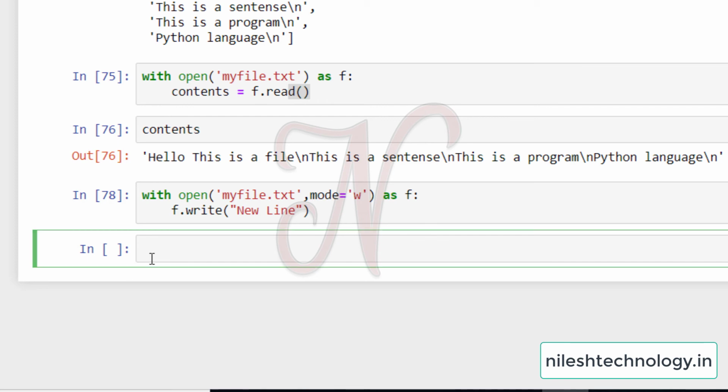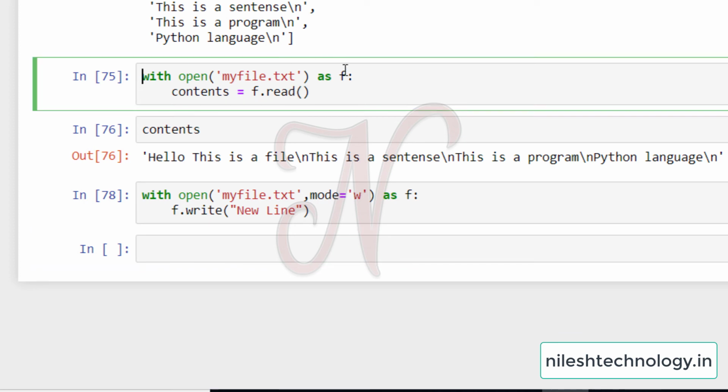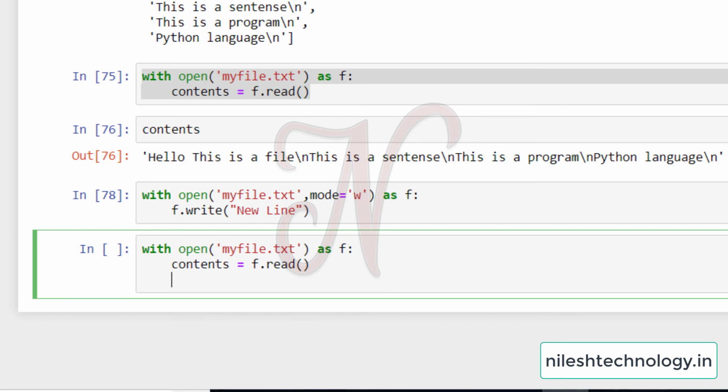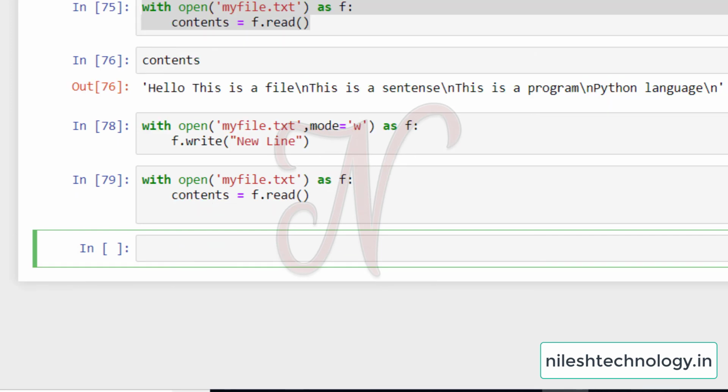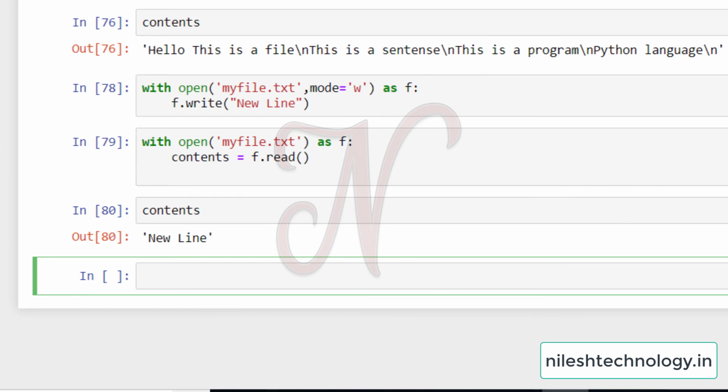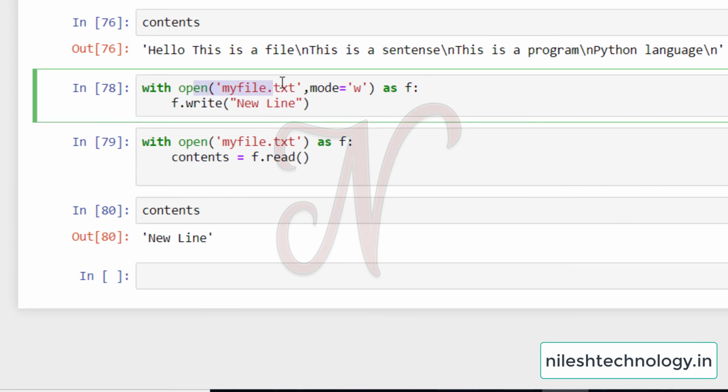Now I can open this file. So read the content by using these 2 lines. Here I can copy paste these 2 lines. See here, my content is new line. My file.txt already exists in that directory, so the new content is overwritten in that file.